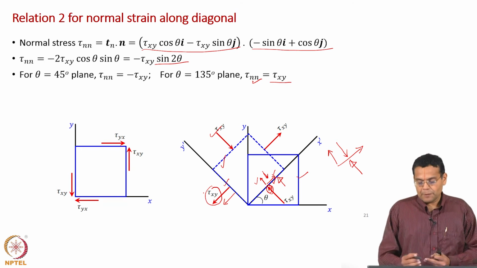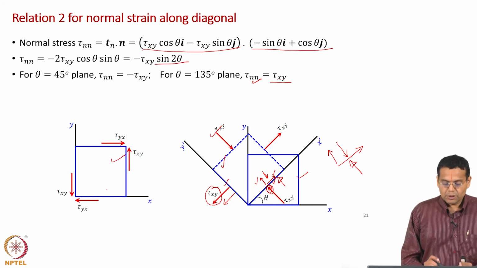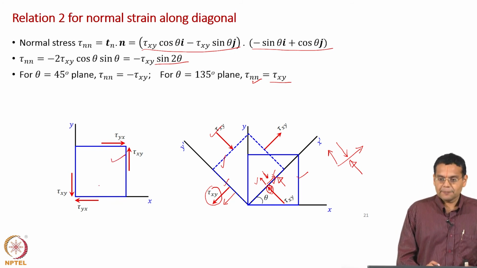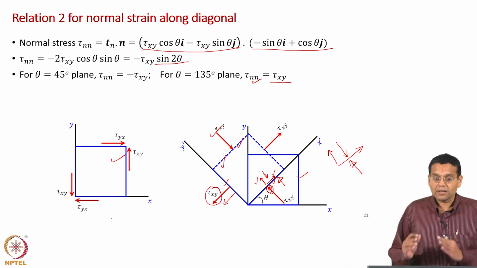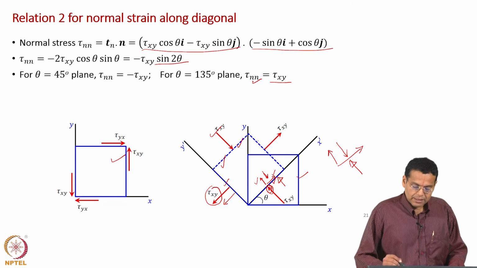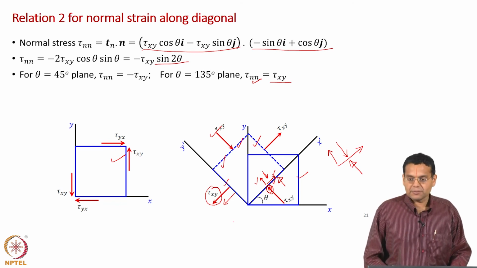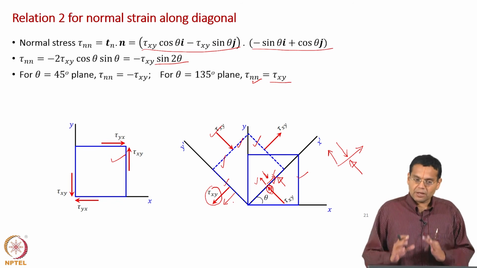So, what we have done is that we had a stress element subjected to pure shear stress. When you rotate it 45 degrees to the left, that is what we have done, it is equivalent to a stress element subjected to only normal stresses. There are no shear stresses, that is what you see here. When you look at this dashed boundary, which represents the rotated stress element, there are only normal stresses.